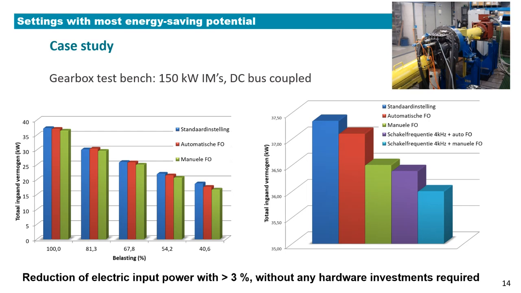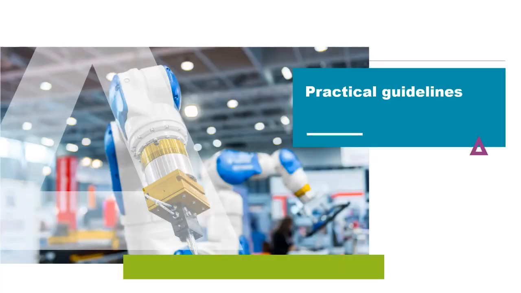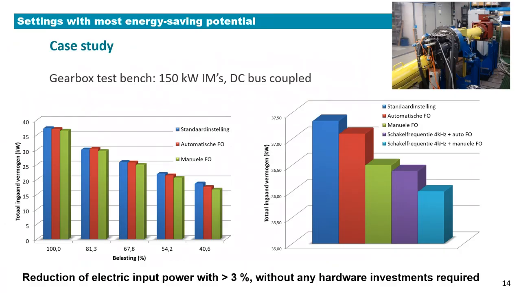You can see that even at 100% load and some manual tuning of the flux, we could already increase the system performance. And of course, that flux optimization becomes more interesting at lower load. So at 40% of load, you can see a bigger saving. Now, if we take the 100% load, to go back, thank you, yeah, and we look to the right graph,